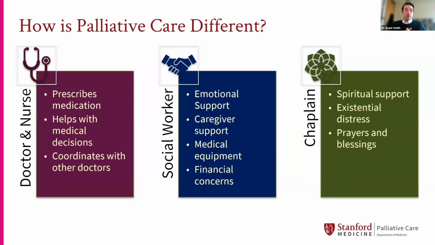Our social workers help with providing emotional support, sometimes one-on-one counseling, and help to talk with caregivers about the stresses they may be feeling, thinking about those practical things like: is there medical equipment needed? Are there financial concerns? What type of help can we get through the insurance company? What type might we need to pay for, but can we help get you connected with an agency to help make that a little bit smoother?